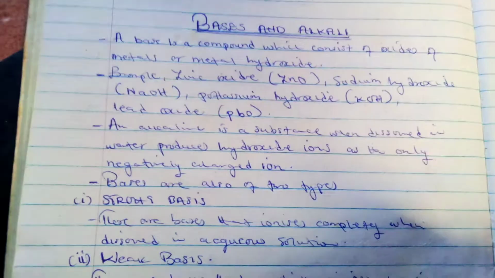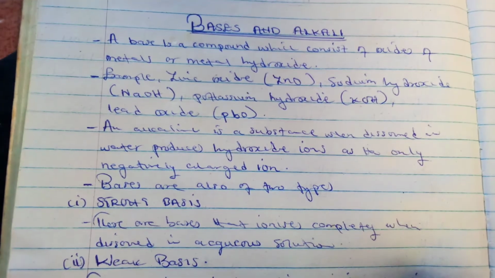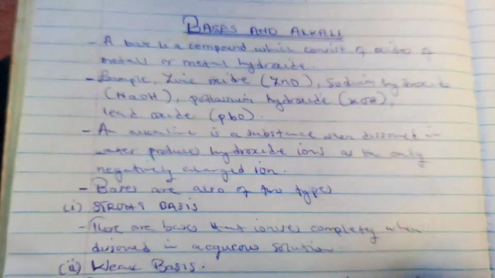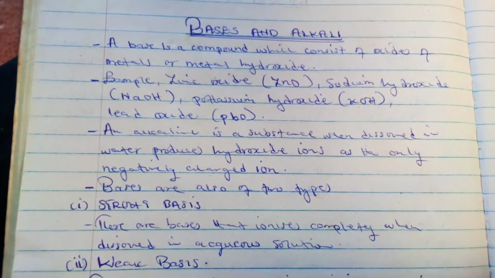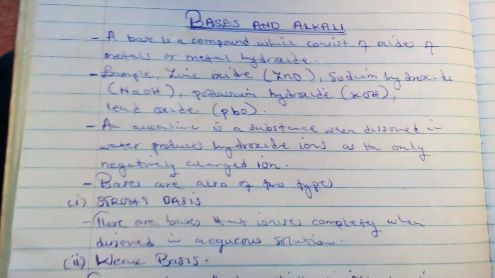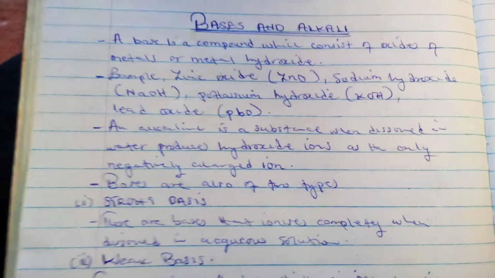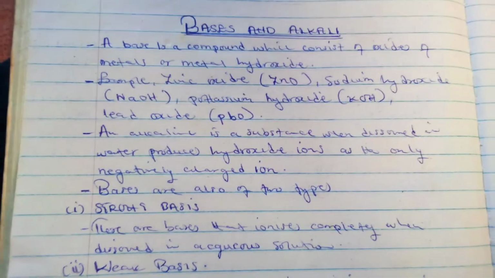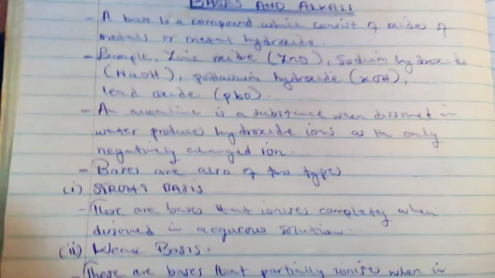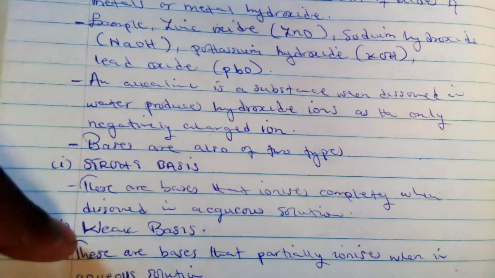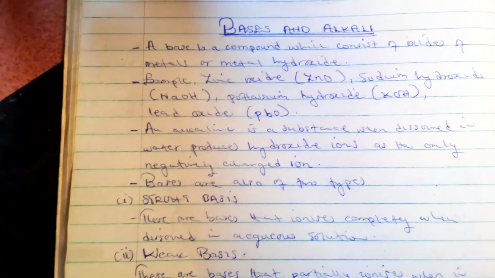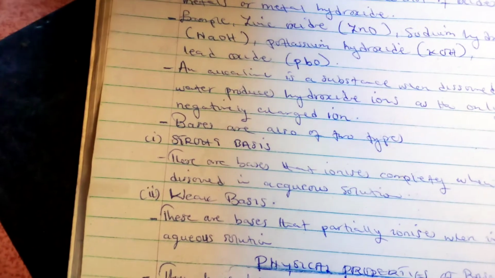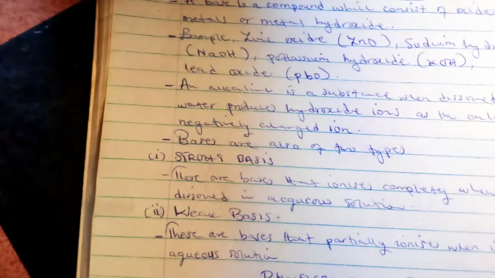When a base dissolves in a solution, then it's said to be an alkali. So the point is, all alkali are bases, we agree, because bases can either be soluble or insoluble. But not all bases are alkali, and the reason is not all bases can dissolve. Now, even for bases, we have stronger bases and weak bases. Those that are stronger bases completely ionize when dissolved in aqueous solution, but those that are weak are those that are partially